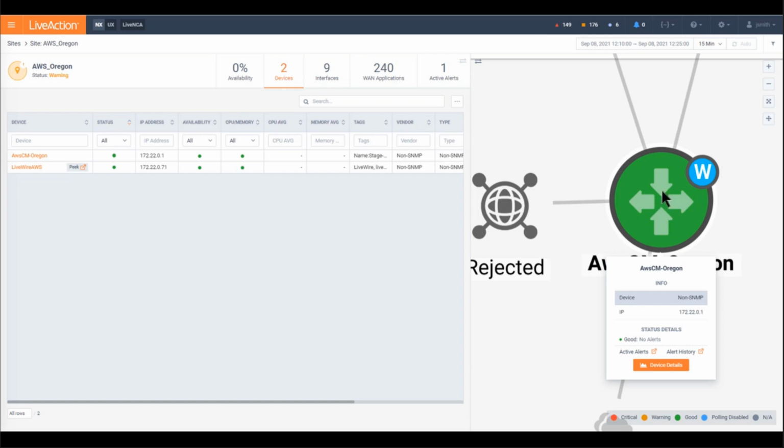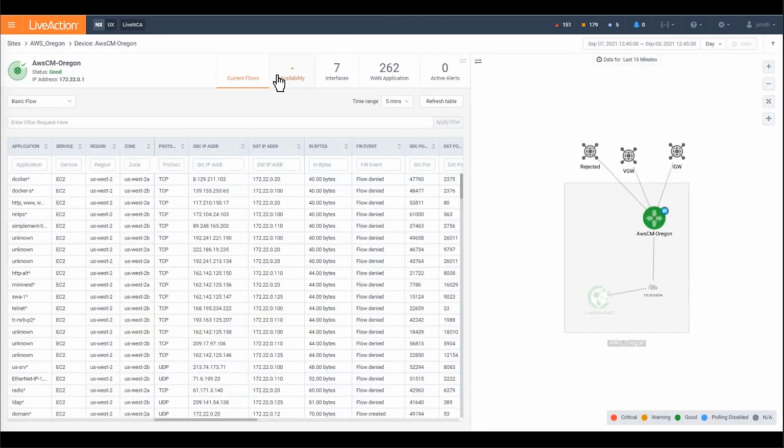And like I mentioned, we use cloud native telemetry to understand what's happening in this VPC. So if I look further into this VPC, we can look at the actual flows that are going through this. You'll notice that it's flow log, but it looks very similar to IPFIX, for example. But we use not just the flow log through APIs from AWS to grab this information, but we also provide